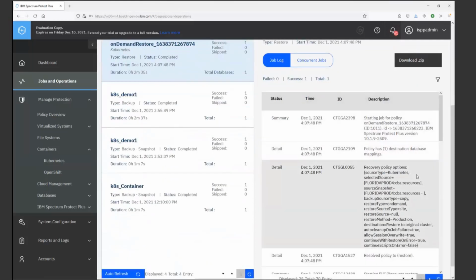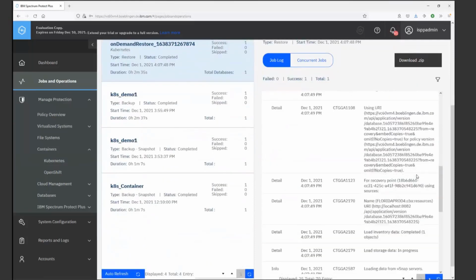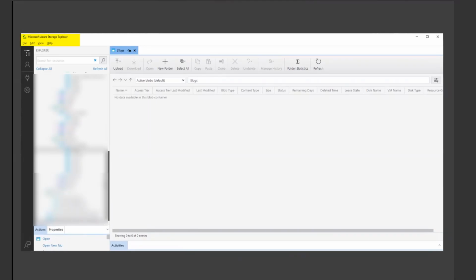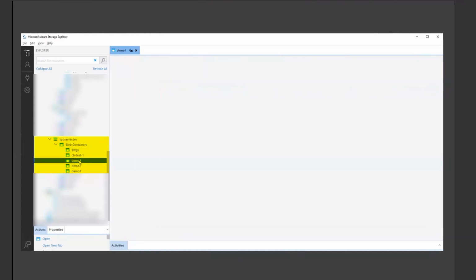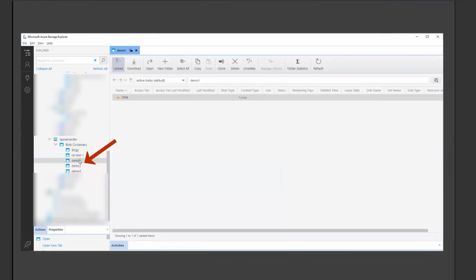Once you set up the object storage, you do not need to manually manage it. However, if you want to take a look at what Spectrum Protect Plus is writing out to it, you can use some of the native tools to look into it. So here, for instance, if we look under the SPP server dev, you'll see the Demo 1, Demo 2, Demo 3, and other buckets that we created out there. And remember, we used that Demo 1, Demo 2, Demo 3 bucket as part of